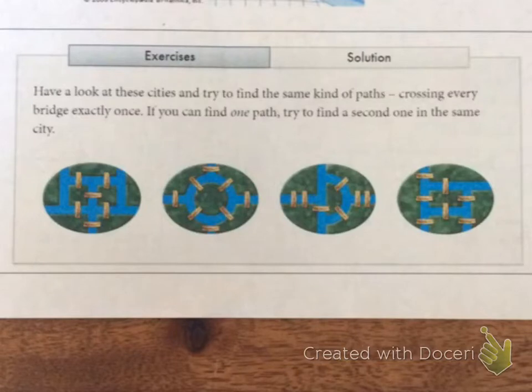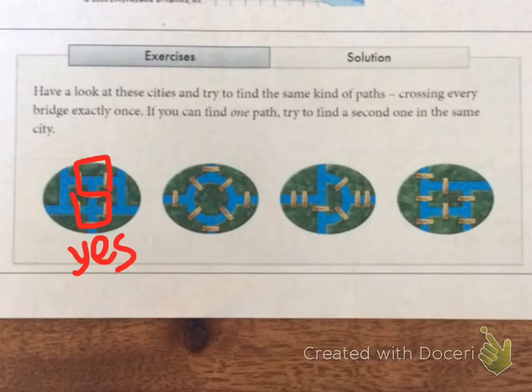So let's take a look at this set of bridges right here on this landmass over here. And let's see if we can go over every bridge exactly one time and only one time to get every bridge covered. So I think I'm going to start here, and let's come this way and see what happens. And that didn't work, so I'm going to try that again. Maybe I'm going to go like this this time. Oh, there we go. I just did that, you guys. Did you see how I got over every bridge exactly one time? So my answer on this one is yes, I can do that.